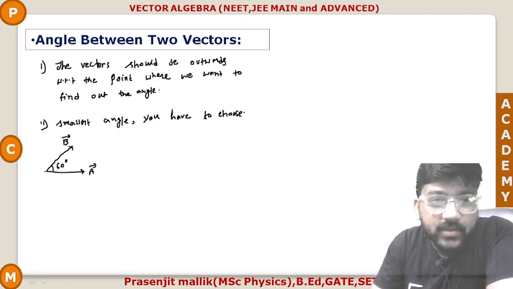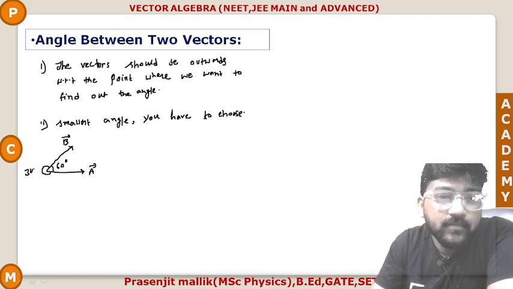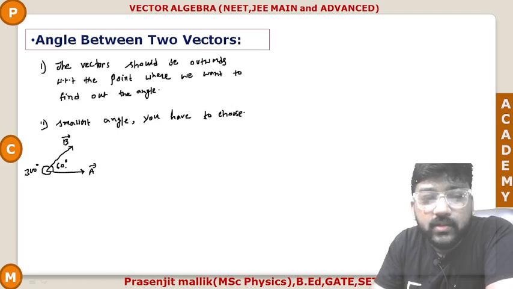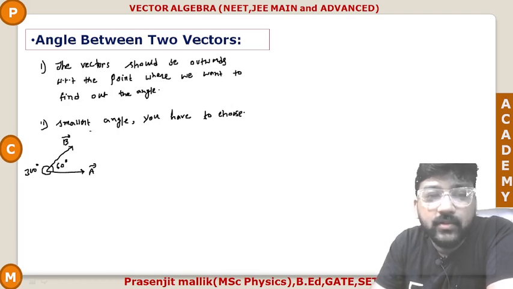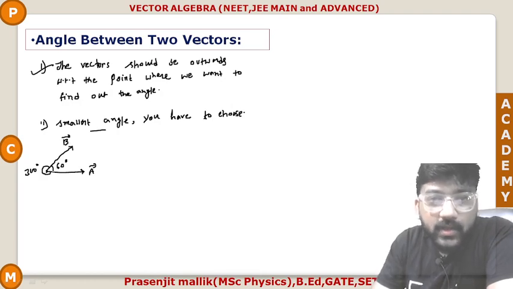But please see, there is another angle also, this is 300 degrees. But which angle should you take? This 60 degrees, because you have to find out the smallest angle. And the first criterion is automatically ensured, that A and B are outwards from this point. So this is the first criterion you have to satisfy, that the two vectors should be outwards from this point. And then if there is more than one angle, you have to choose the smallest possible angle,